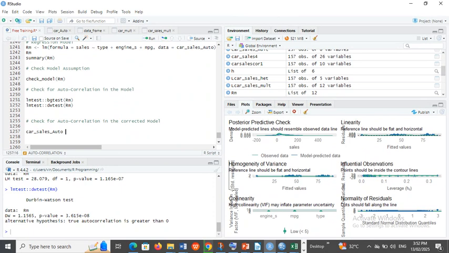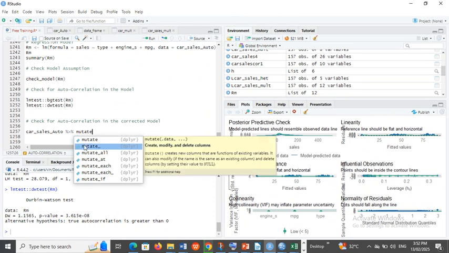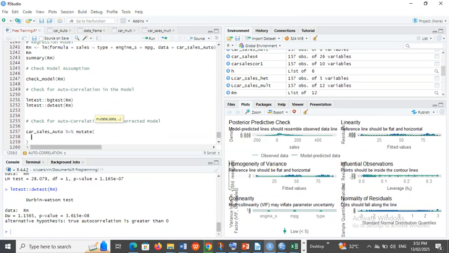This way, we introduce the pipe function and we use the mutate function. Now, using this mutate function will help us to